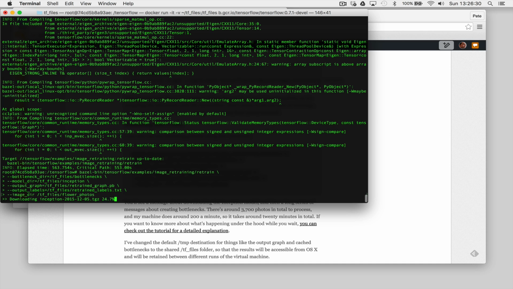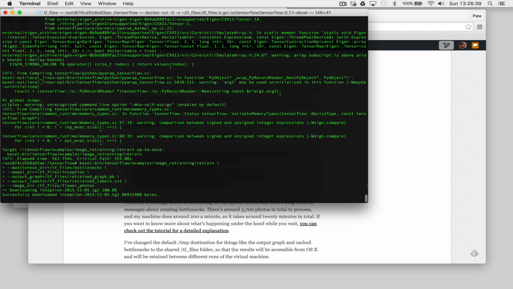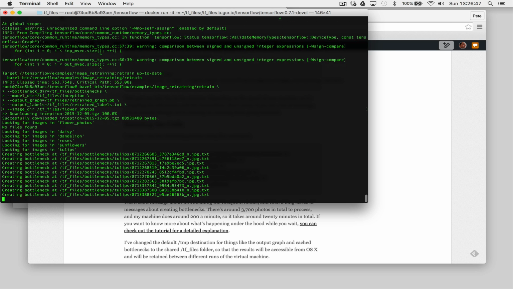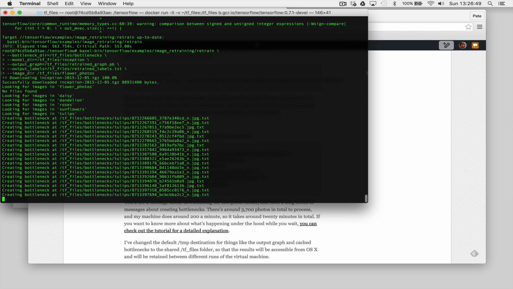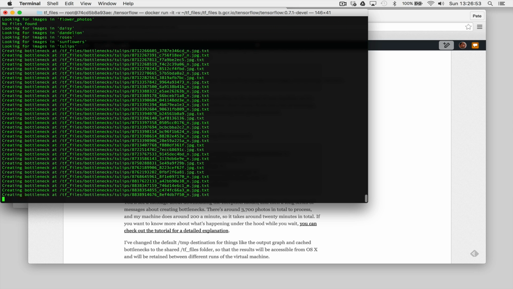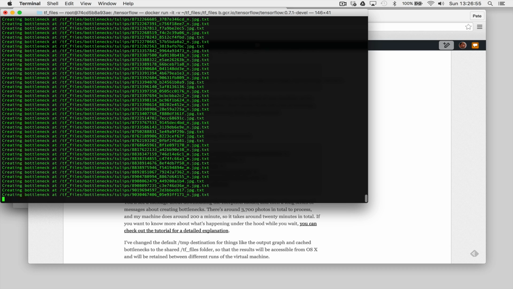And you'll see it will start by downloading the original model, which recognizes 1,000 different types of objects, but not the flowers that we actually care about. And what we're going to do is actually leave most of that model the same, but just retrain the top layer so it recognizes the flowers that we care about. And it's going to spend